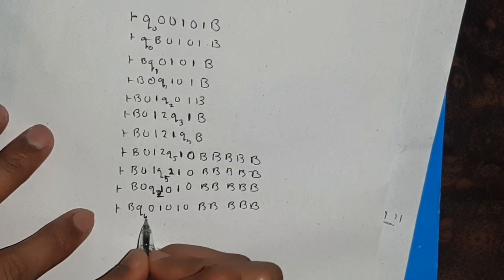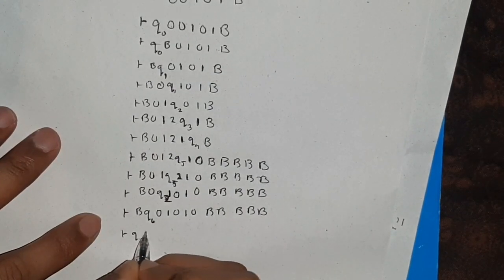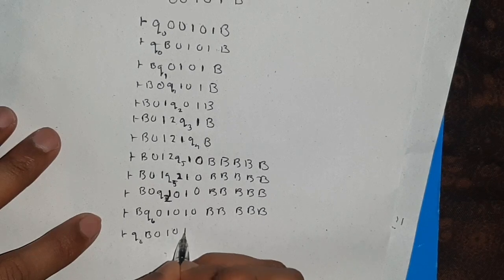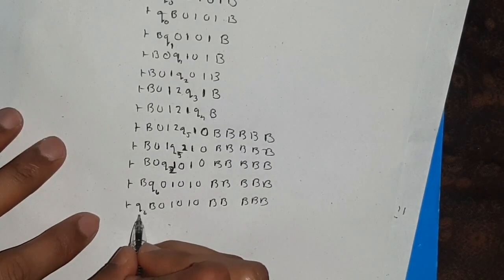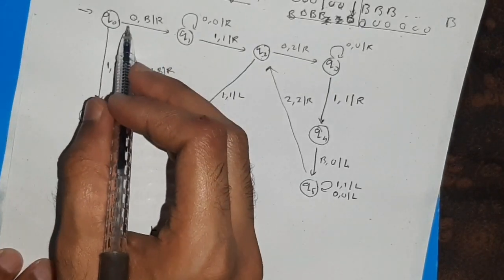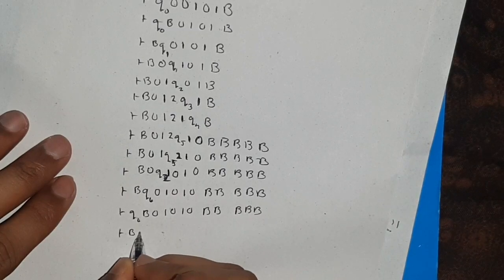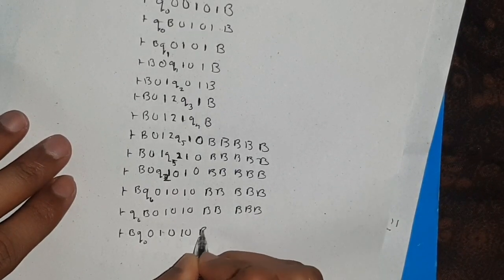So here I'm encountering q6 on 0. q6 on 0 means keep it as 0 only and move to the left. Same state, keep it as 0, move to the left. I move to the left, same state, keep it as 0 and 1 here. And after that q6 on B. q6 on B means come back here and process the second 0. That's what it means. Come to q0. So it will be B, then q0 0 1 0 1 0 B B